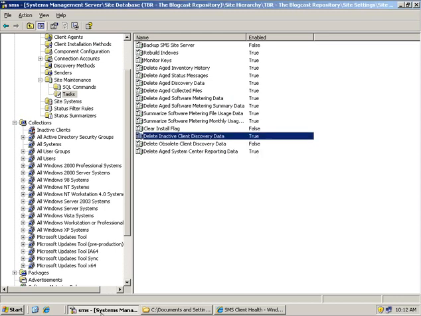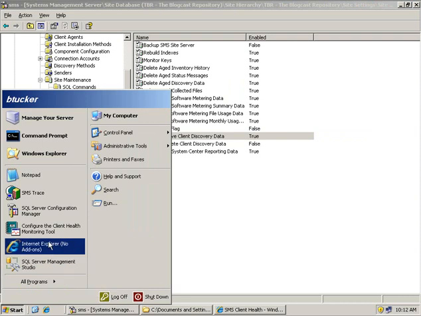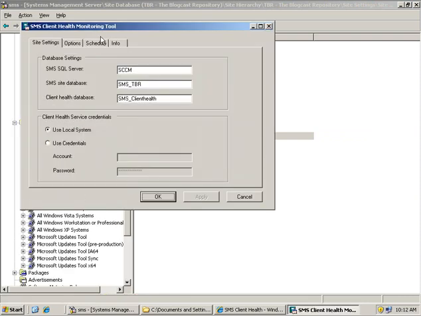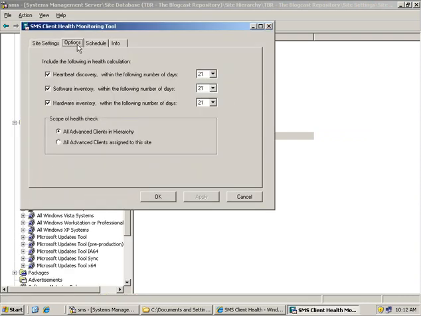For example, if I cancel out of here and I go back into the client health monitoring tool, on the options tab, we'll notice that I've gone ahead and I've reset these discoveries to be set to 21 days. That's simply because if you have resources like laptops that are on and off the network, possibly for a significant period of time, which to me I think 3 weeks is fairly significant, you don't want to make that client data inactive. So this is going to allow you to be more granular and specify the number of days before a client is going to be